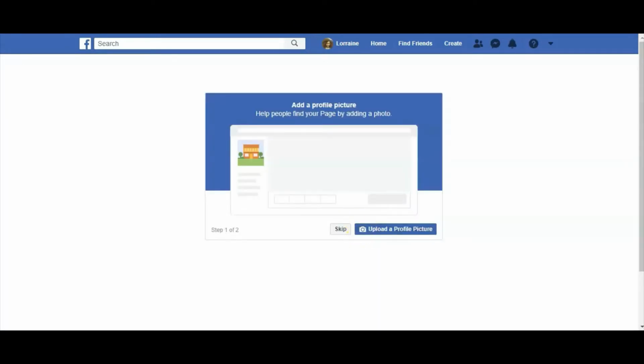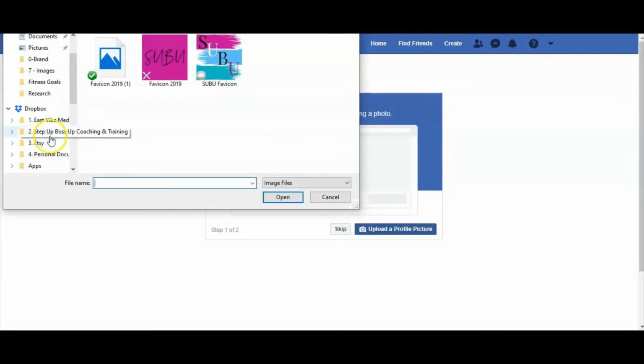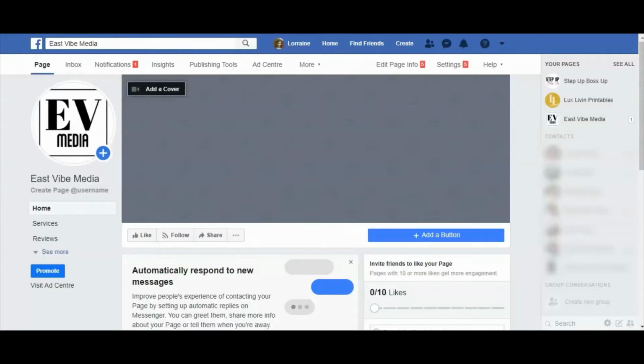So before you get started, I'd advise that you actually have certain things ready to go. So profile picture. So if this is a personal brand, so you're the face of the company, it will be an image of you. Because this is a digital marketing agency, I am going to upload my logo for that. So once you've added your logo,